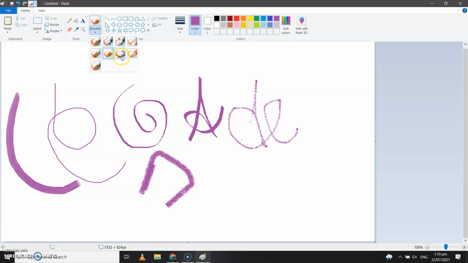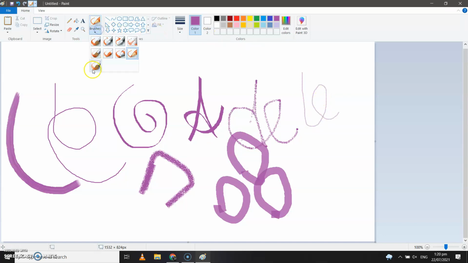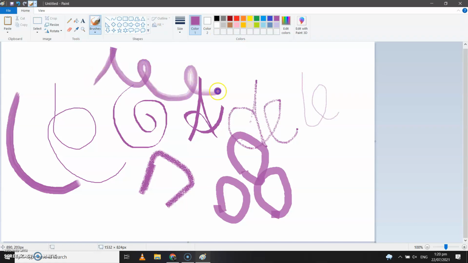Then we have marker. Okay, then we have normal pencil. Then we have watercolor brush. Right, so these are so many different types of brushes that we get.